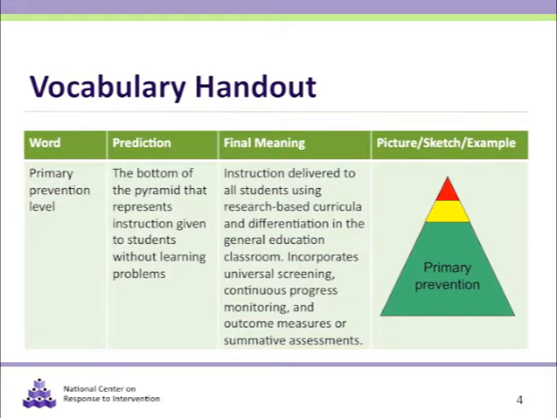You might also want to draw a picture or a sketch or provide examples in the far right column. On the slide, you can see an example for one way to do this. If you've not done so already, pause the webinar now and make predictions for the key terms of this webinar. Press play when you're ready to continue.